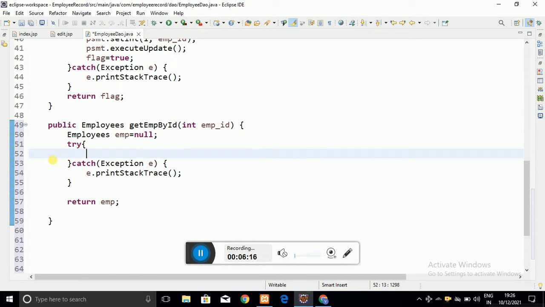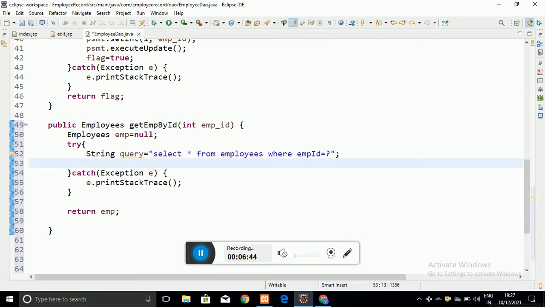Now I am going to write a query here to fetch the particular details of the employee. So: select star from employee where emp id equal to question mark, that is a placeholder, and that employee id is the parameter of this method. So let me create the prepared statement object,